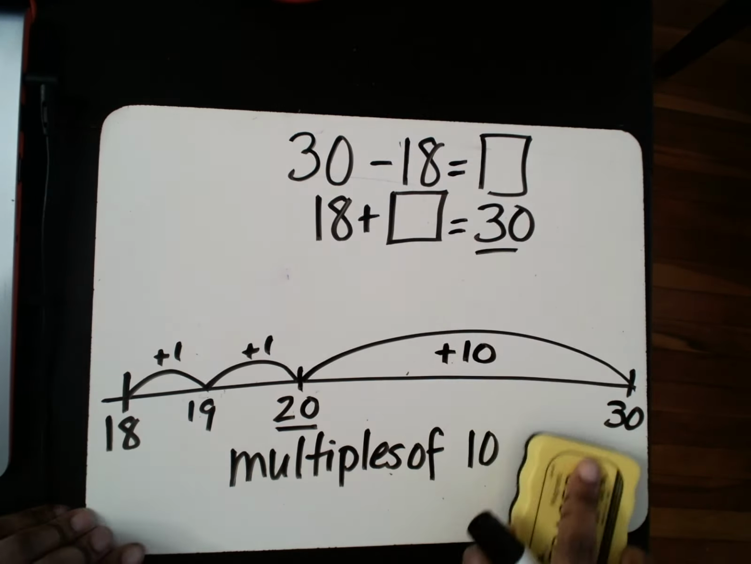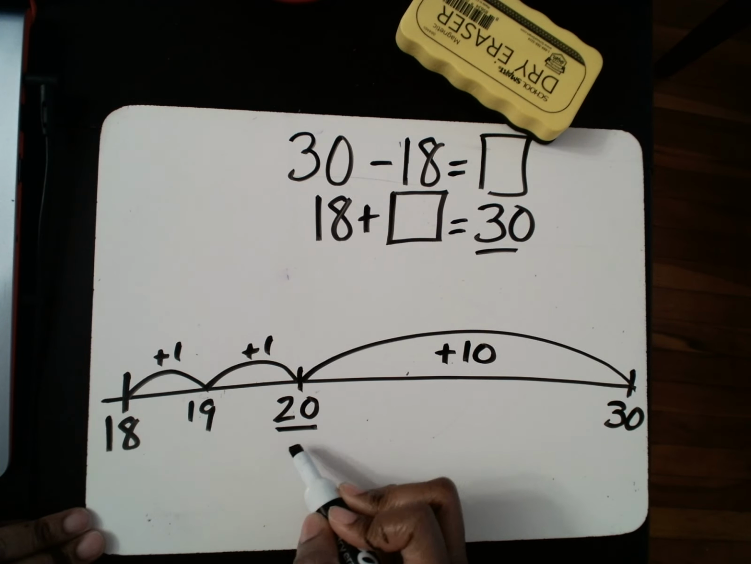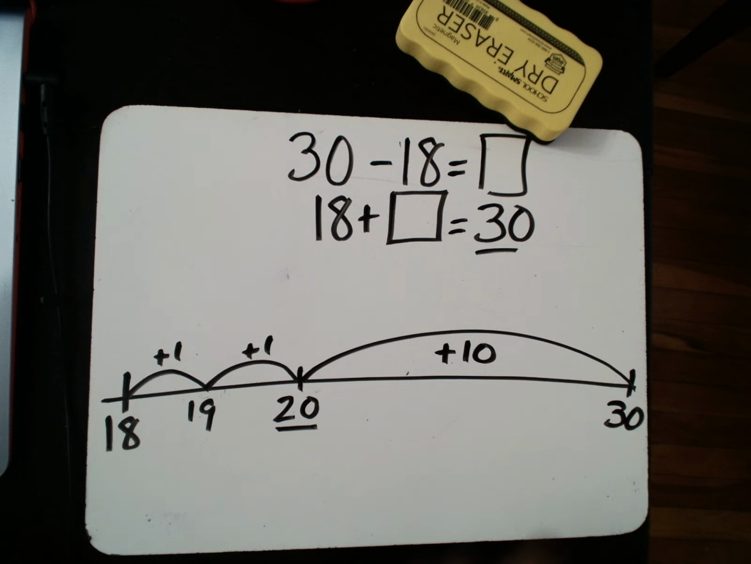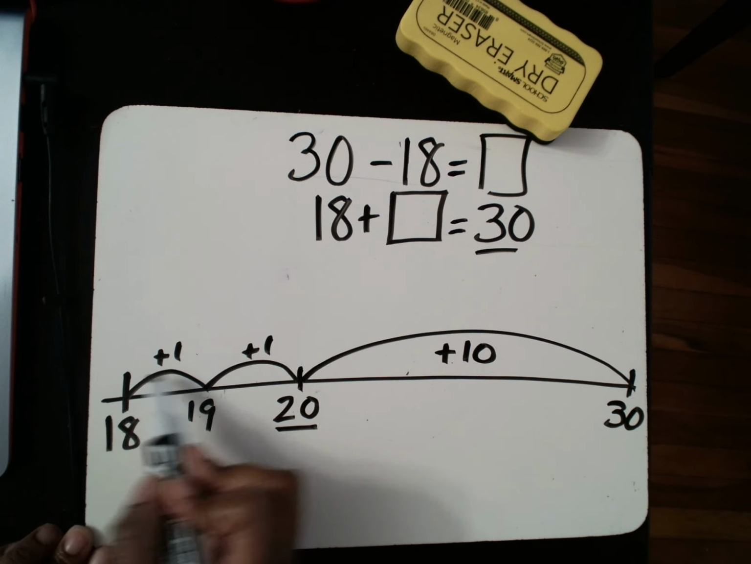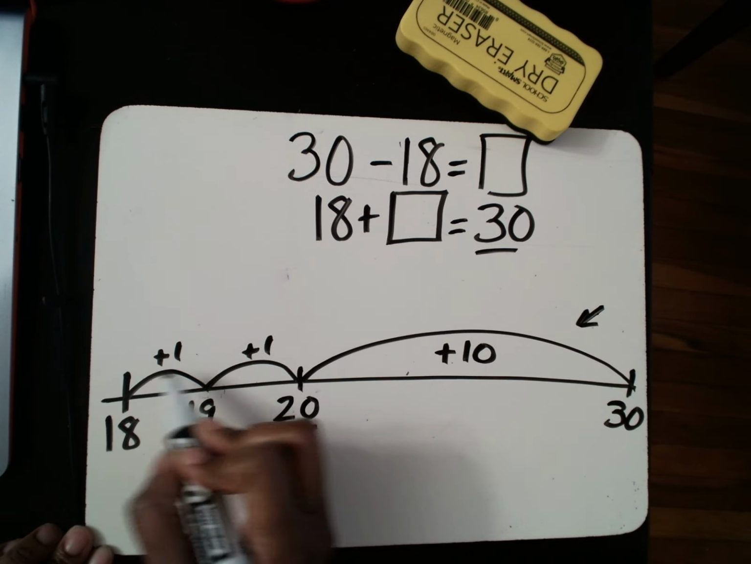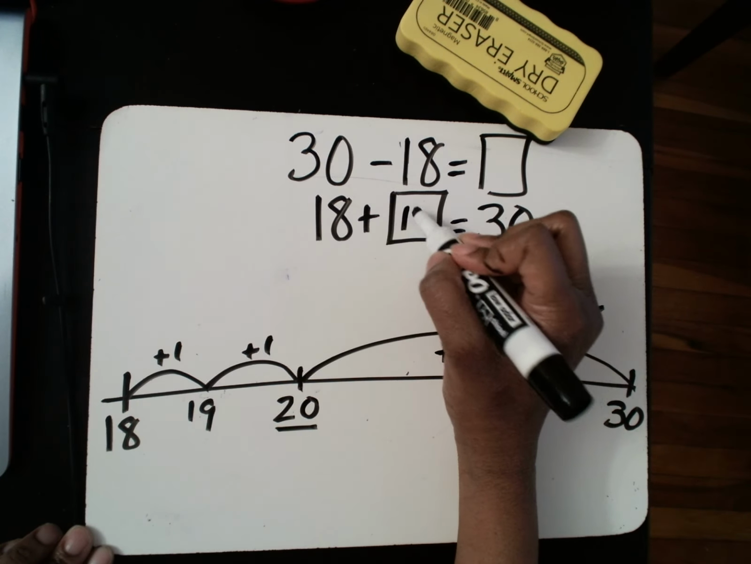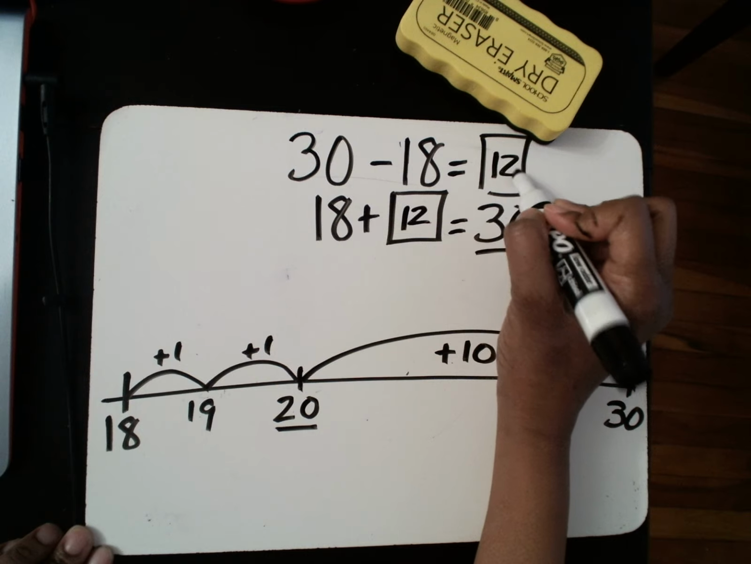Now, before you get confused and go, I don't know, I see 18, I see 19, I see 20, I see 30. Which one is my missing number? Your missing number is not down here. It's not the numbers you were landing on. Your missing number is the hops. You hopped 10, you hopped 1, you hopped another 1, 10, 11, and 12. You're missing